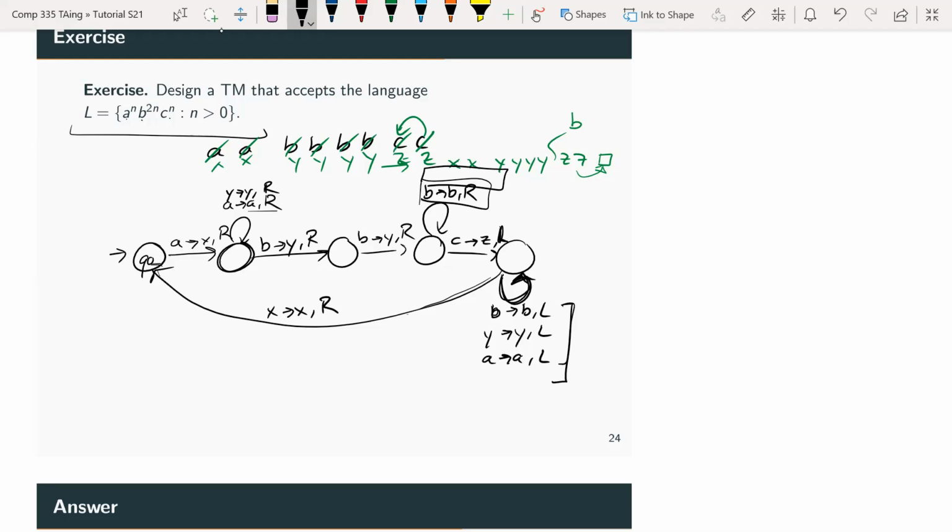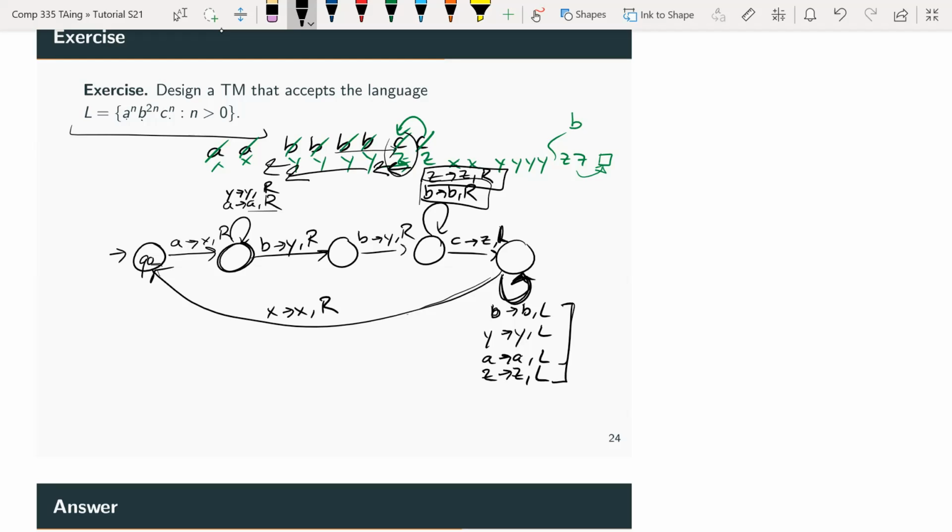If I'm going through my B's, I also need to go through Z's here, right? So I'm also going to go through my Z's here to the right, okay? So that means that here I need to go through my Z's, then maybe some more B's, then the Y's, and then maybe some A's. Okay, very good. So you go to the left, and then